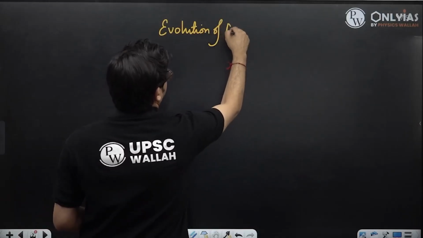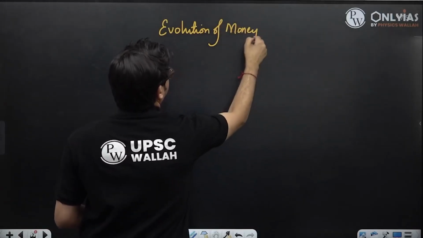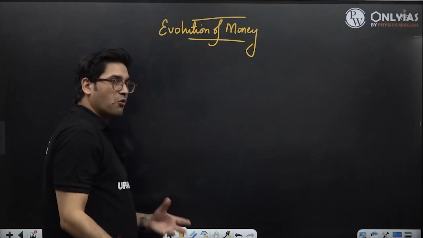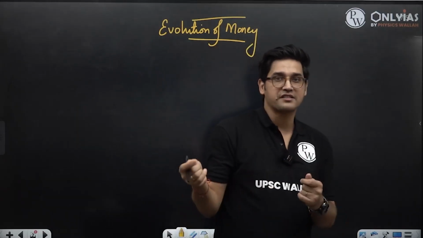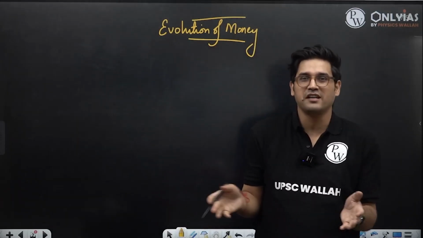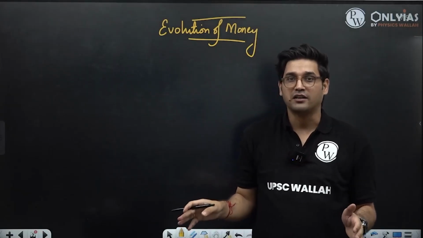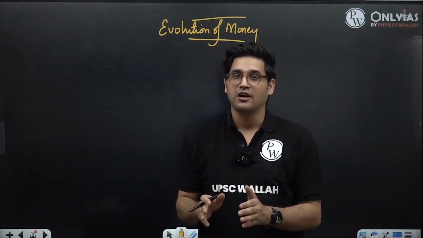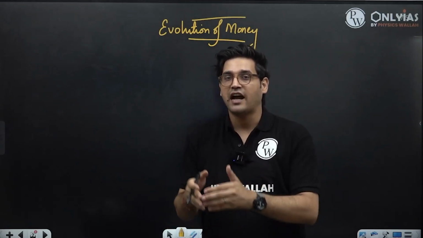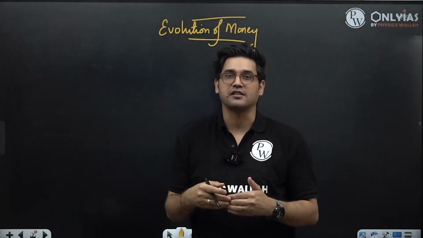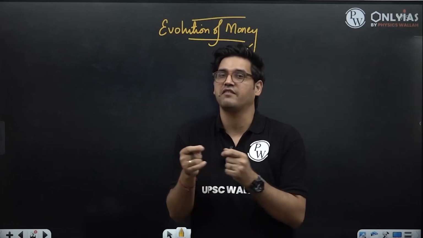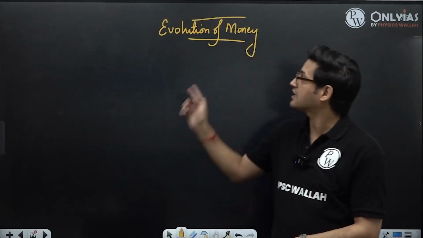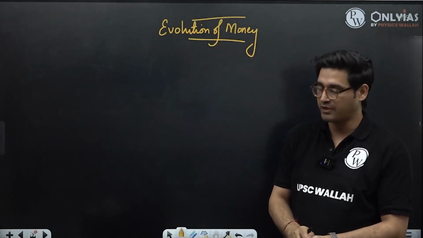evolution of money. The notes that we see, these coins that we see, were they always in place? No. But was this exchange process always in place? Yes. So how did we arrive at the present monetary systems where we have paper currencies and coins? The answer lies in the evolution of money.